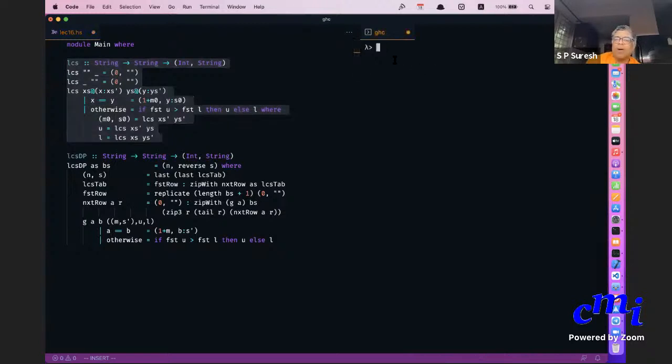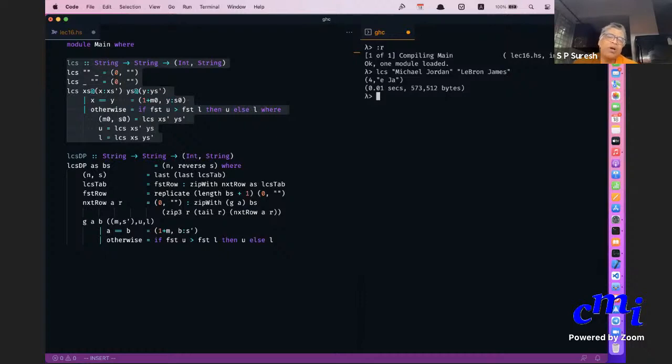And I can now compare the time that it takes. Yes, so LCS of, I don't know, unless you give me a new example. This is for my small example. Yes, you see that it gives 4 and EJA. This turns out to be a reasonably small example, but what if I give some other string? That AB nonsense that we had now.